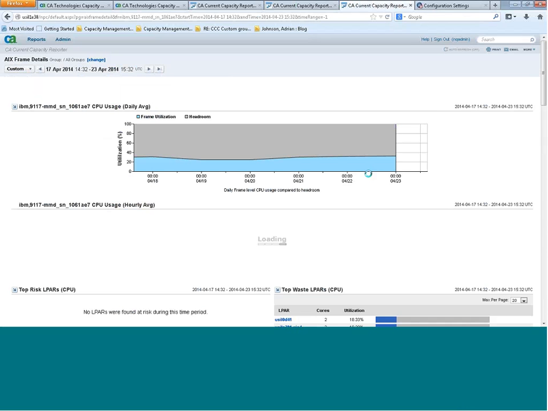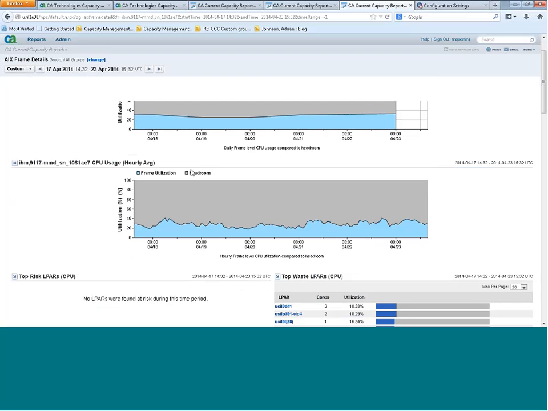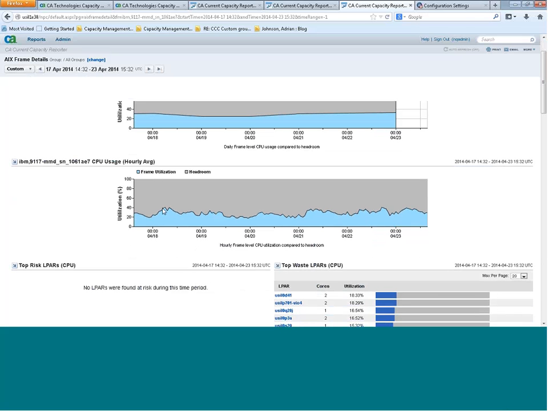So what we've done in some of the new reports is we're leveraging some of the daily and hourly roll-up values and taking our LPAR consumptions and rolling those up to an aggregate so that we could look at an entire frame. So what we have here is we're looking at the consumption of this particular frame for more or less a 7-day period, and we can see what the daily consumption values are, and below here we have our hourly